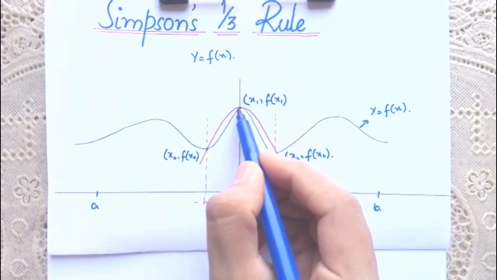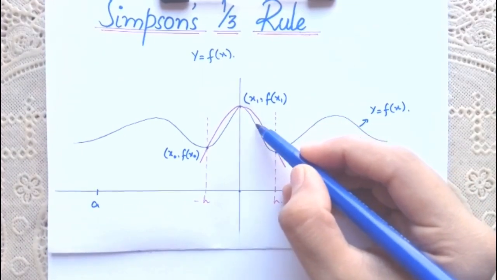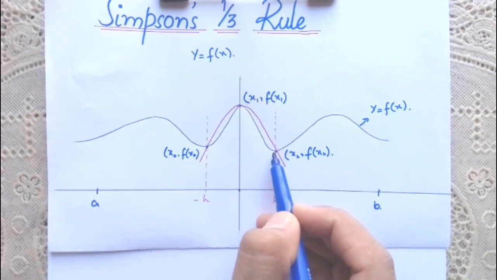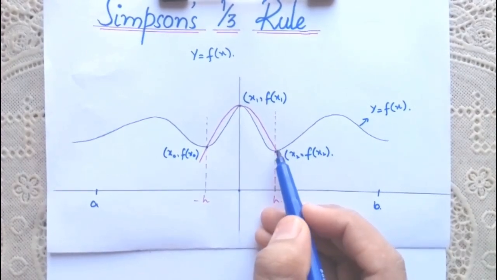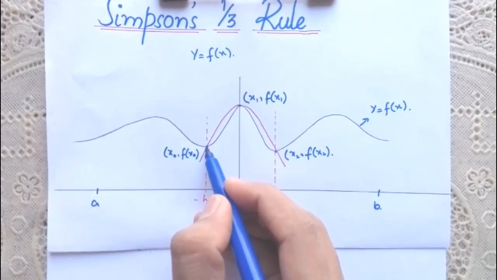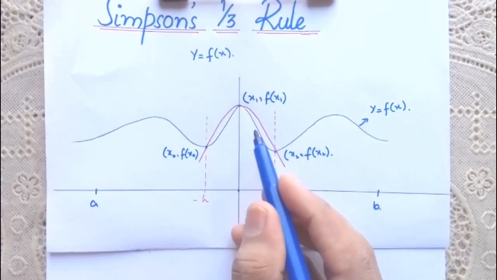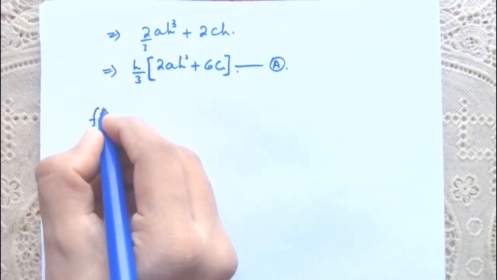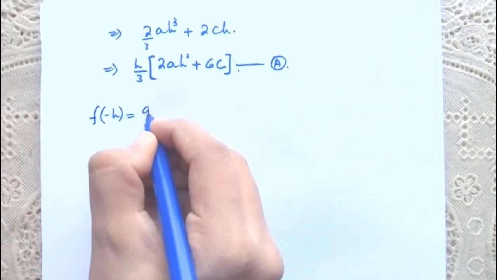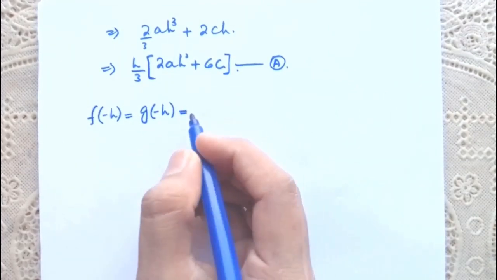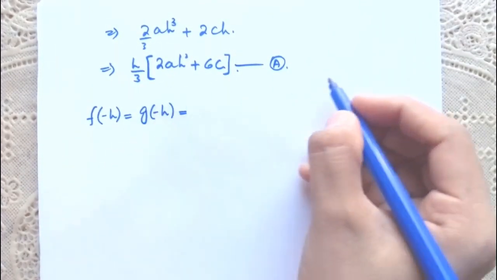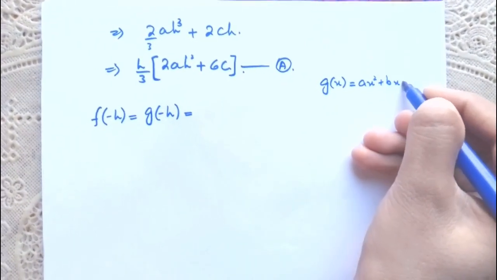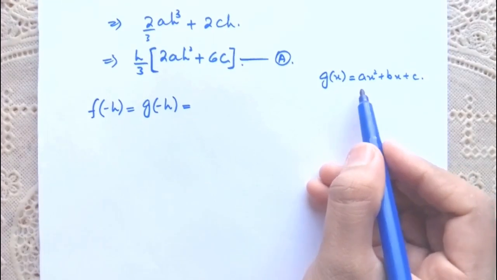f of 0 means the two functions g of x and f of x will have the same value at these 3 points, right? And we are going to evaluate the value of the functions at these 3 points. So let's suppose it is equation A, and f of minus h is equal to g of minus h. We write g of x is equal to a x square plus b x plus c. So the value at minus h will be